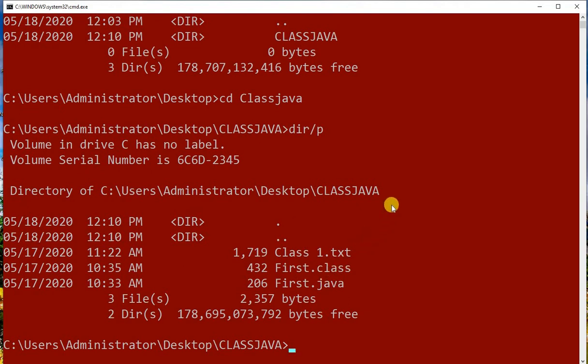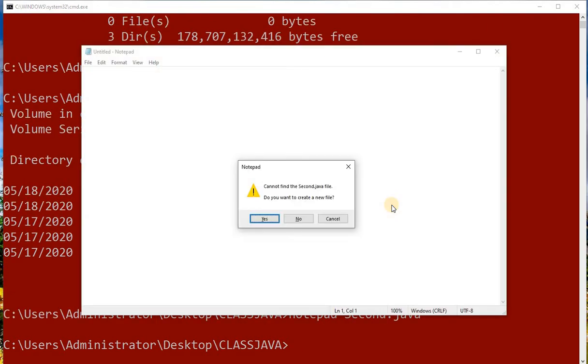Today's program, I don't want to open a notepad separately, write it separately in the notepad and save it separately. I don't want to do all those things. I want to do directly from this interface. That time I can write the command like this: notepad second program. As this is my second program, I write the name also second dot Java. Enter. So a pop-up will come saying that it cannot find second dot Java file. Do you want to create it? Yes, I want to create it.